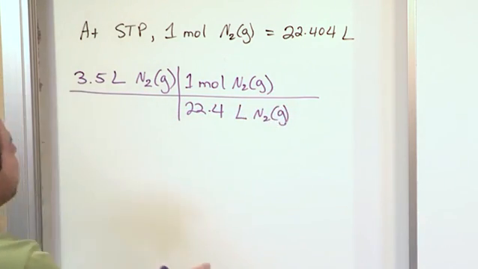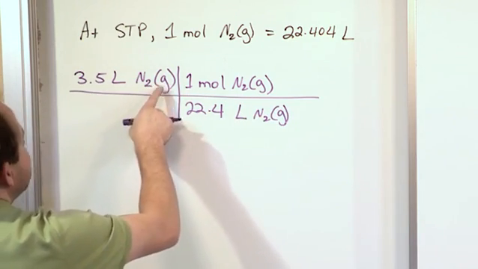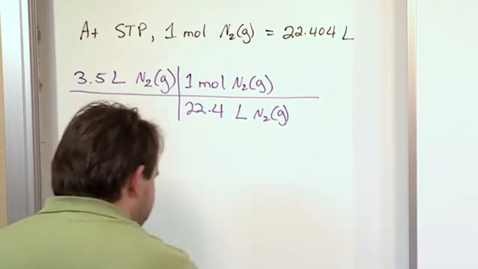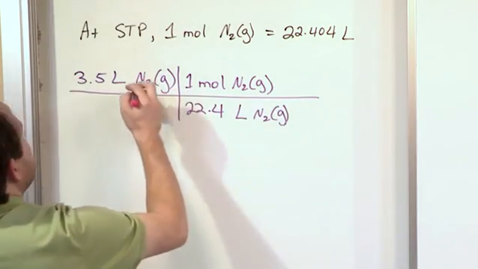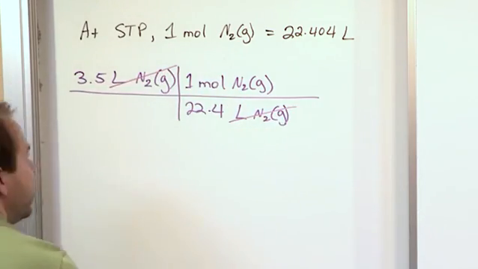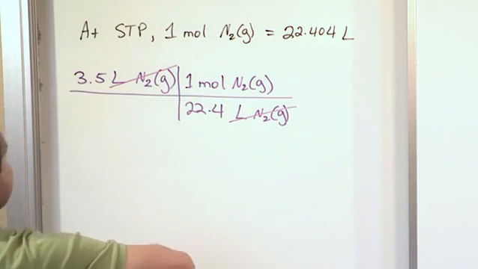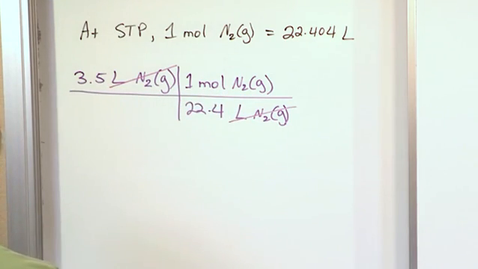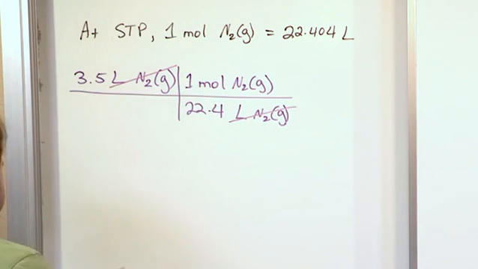Notice when I do my conversions, I always write down the unit and what it is I'm talking about, N2 gas, so that I don't have to guess. And I write it like this instead of upside down because I want to be able to cancel liters of nitrogen gas with liters of nitrogen gas. So the only unit I have left is moles of nitrogen gas. So simply it becomes a matter of taking 3.5, multiply by 1, divide by 22.4,